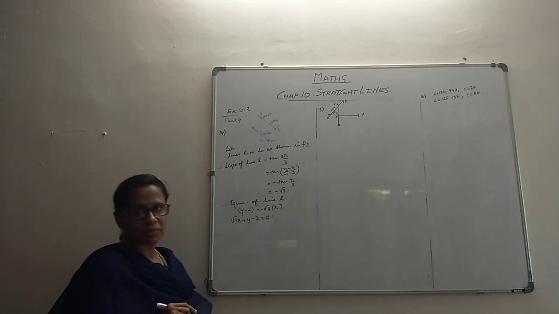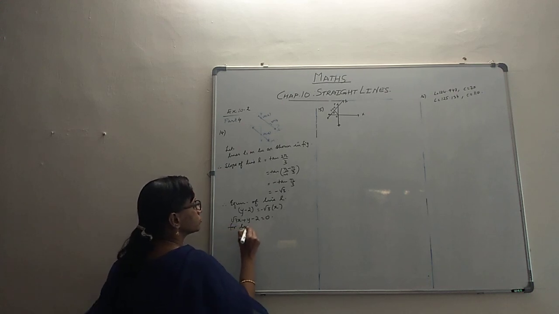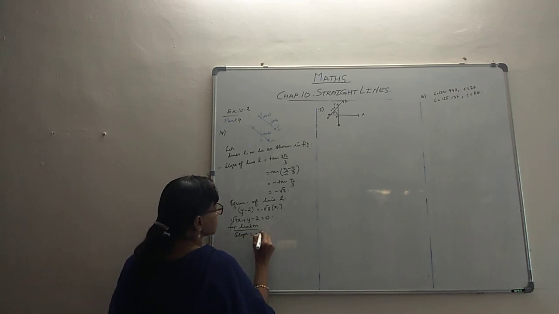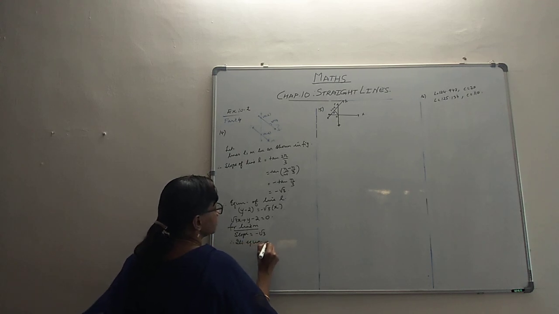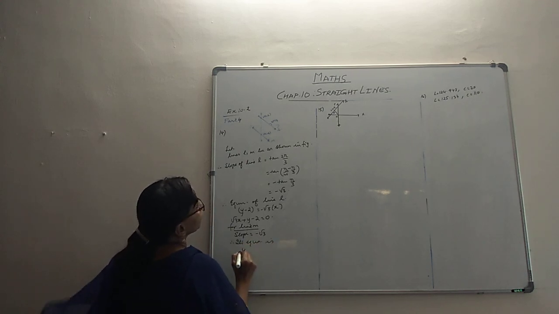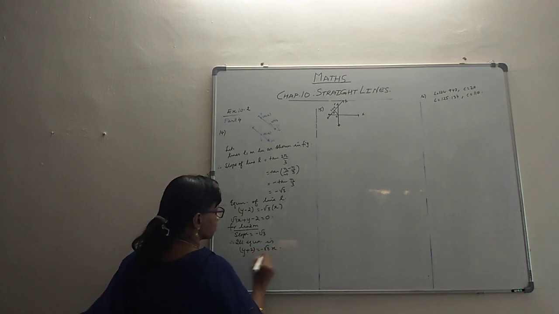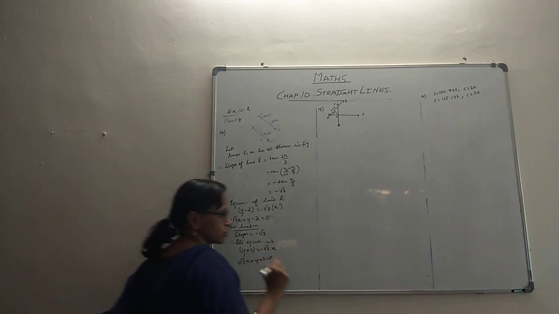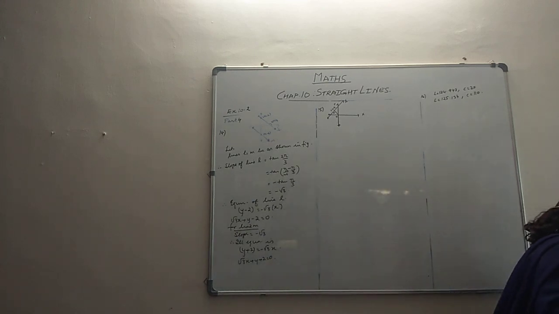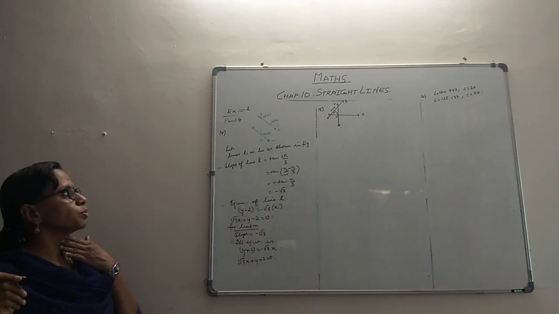Now line M, because it's parallel, will have the same slope, and the point is there with us. So for line M, the slope is minus root 3. Therefore its equation is y plus 2 equals minus root 3 times (x minus 0). Getting it on one side, root 3 x plus y plus 2 equals 0. Those are the two equations. I will just quickly check if by chance there is any error. No, that's it. That's about these two points.